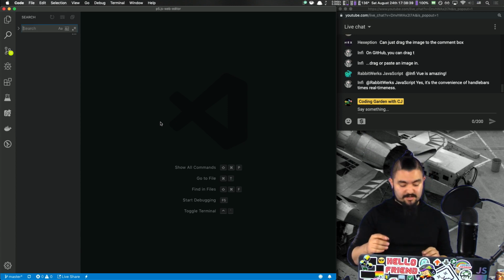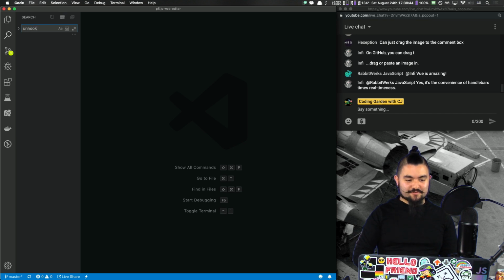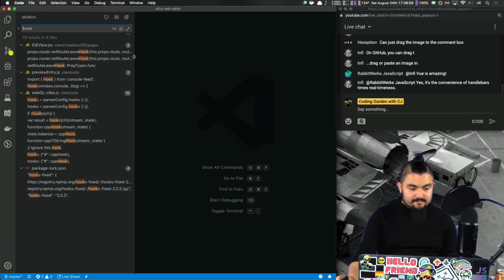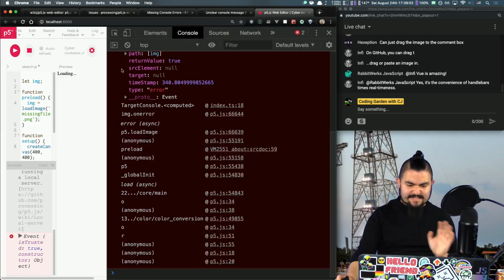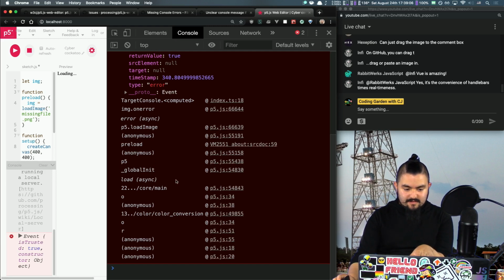So Command Shift F inside of Visual Studio Code lets you search all of the code base. So I'm going to search for the word unhook and see what we find. It's not case sensitive. It's not a regular expression. Unhook. What if I search for hook? Okay, there's a few. I don't think that's what we need though. Let's go a bit further down. Preload on line 59, p5.load image,